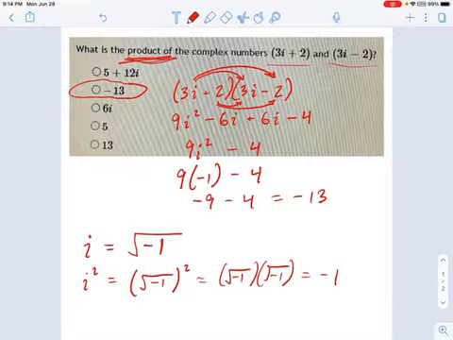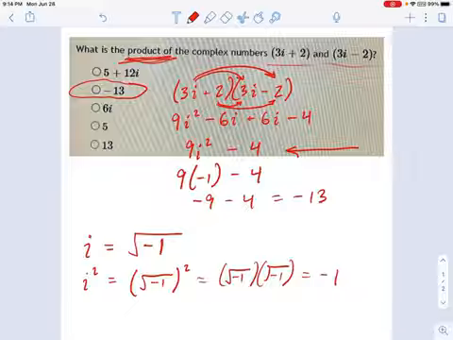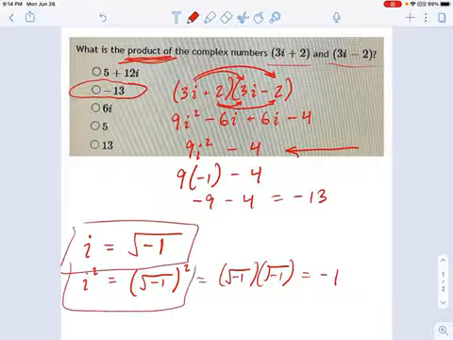So when you have complex numbers, just treat that i like an x until you have simplified it as much as you can, which for us was in this step right here. Once you get to that point, now you pull out this knowledge that i is the square root of -1 and i squared is -1, and you make those substitutions and see where it leads you.